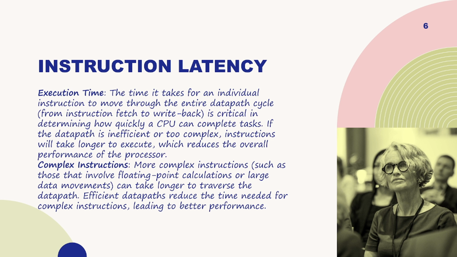The complexity of an instruction can also make it take long to execute, which reduces the overall performance of the processor. More complex instructions, such as those that involve floating point calculations, those big maths, you get it,